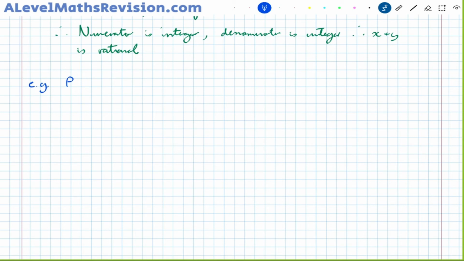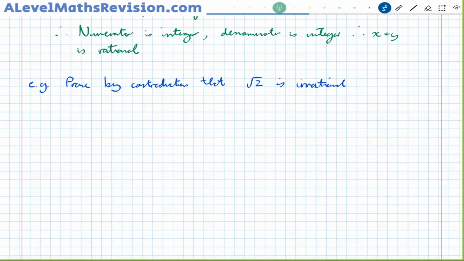E.g., prove by contradiction that root 2 is irrational. And this one's ever so slightly different than the proofs we've done so far. So what we're going to do here is assume